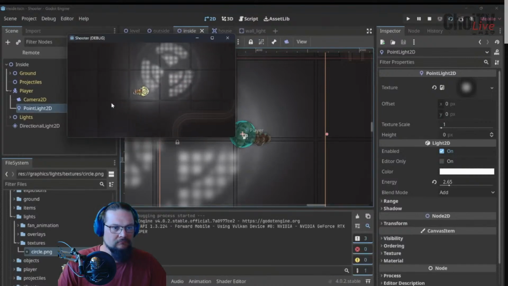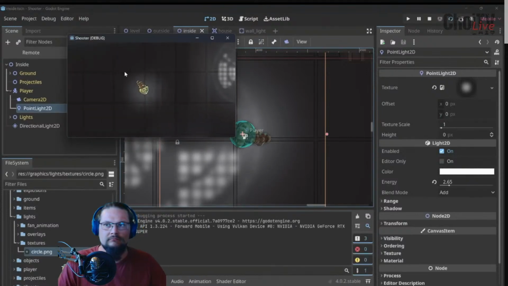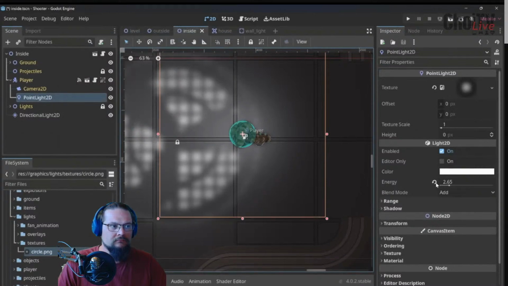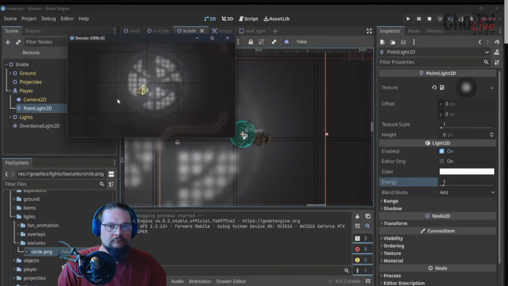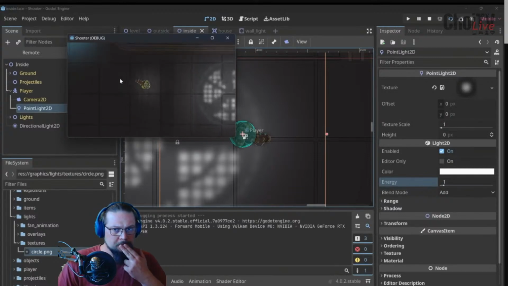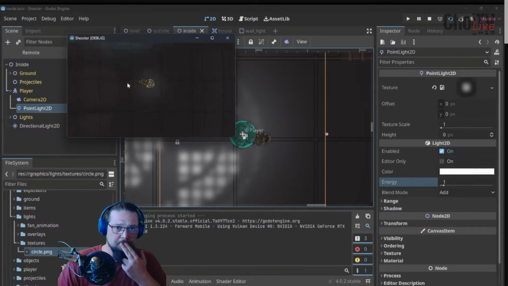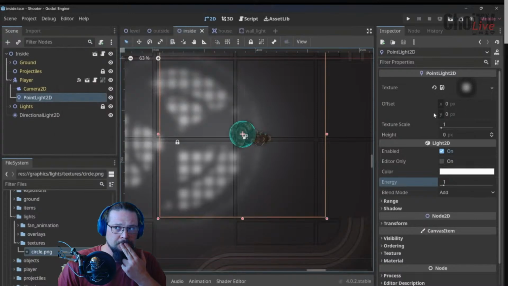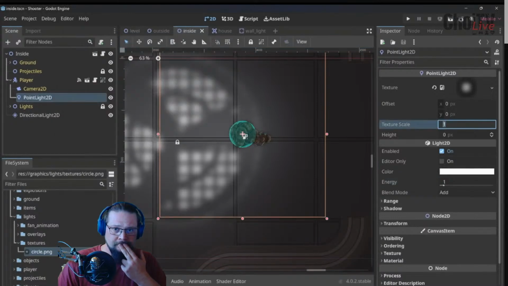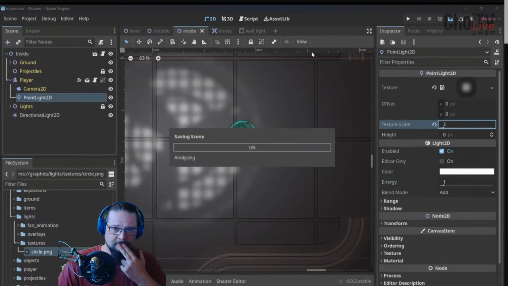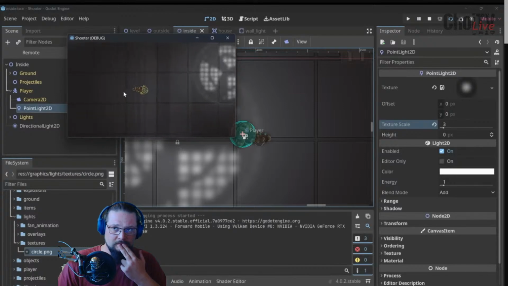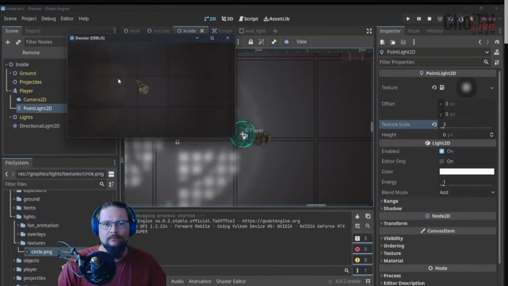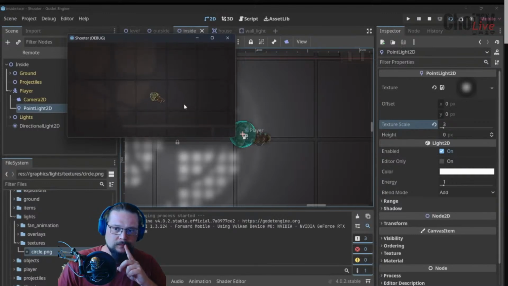Use all of this again. And that is definitely too much. But you can see that now we have some light around the player, although it's way too strong. Let's keep it at 1. That should look better. And we probably have to work with the texture scale. Let's try to increase that to a 3. That's too much. And there we get a slightly brighter area around the player, which I think helps a lot